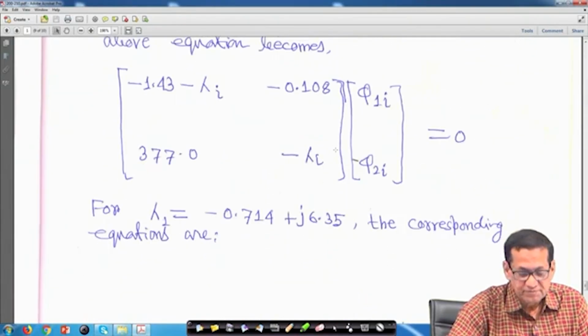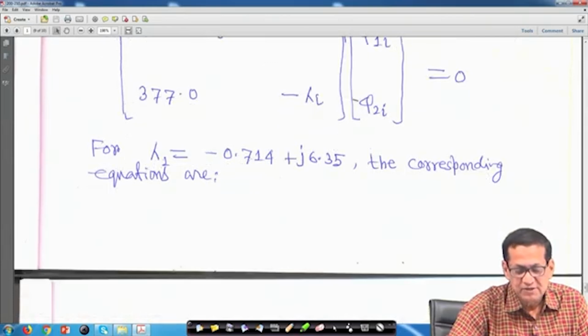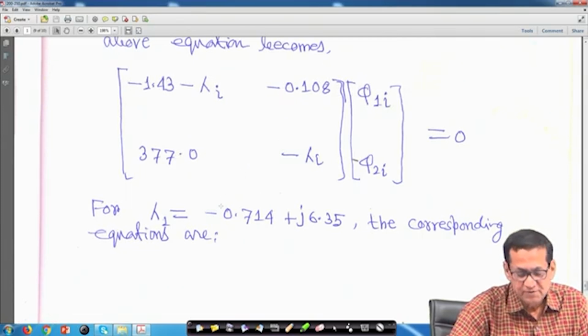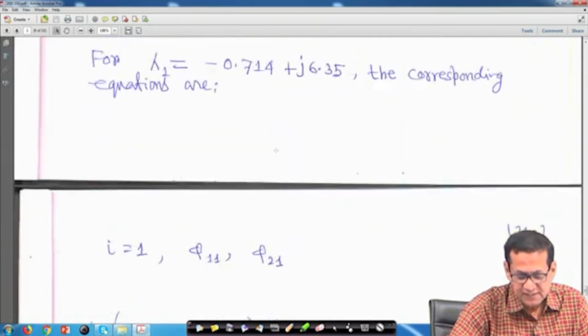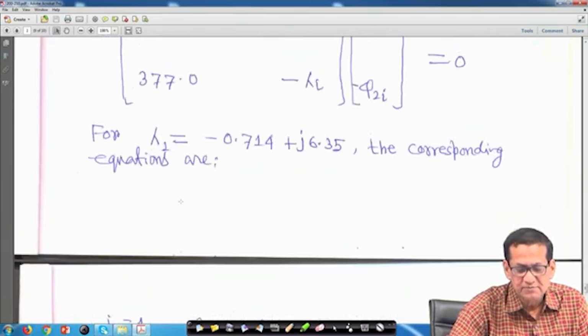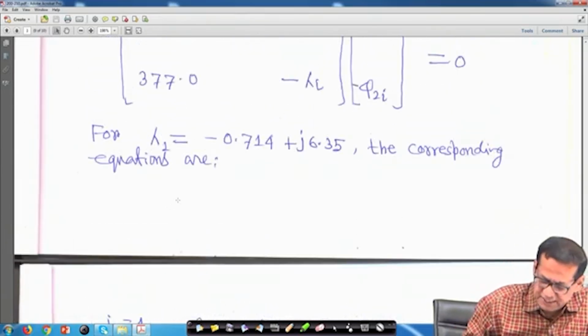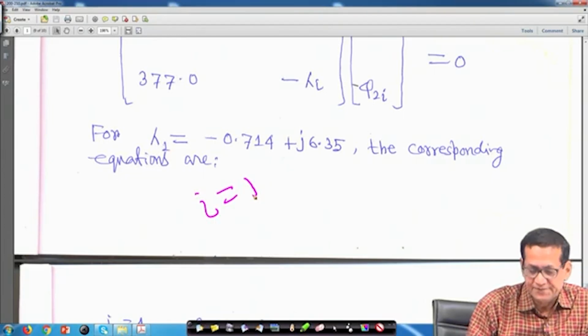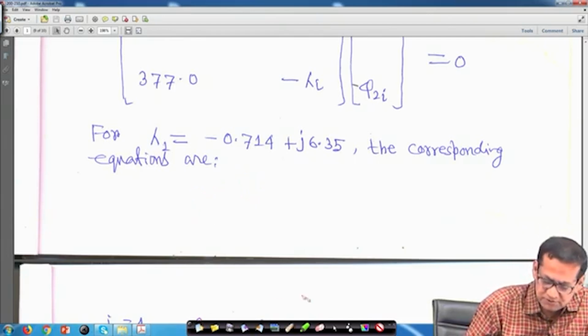So, now for lambda 1 we are considering the positive imaginary part, that is minus 0.714 plus j 6.35. If you assume lambda 1 is equal to this and write down the equation, you will get, for i equal to 1, and there should not be any confusion, this is lambda 1, the first eigenvalue, that means i is equal to 1, right. So, that is why